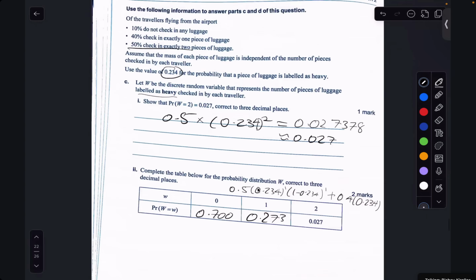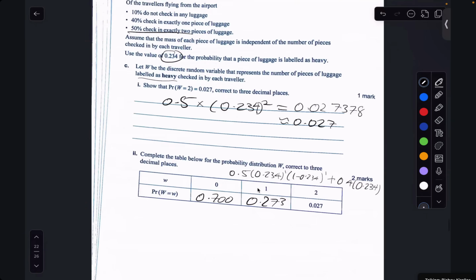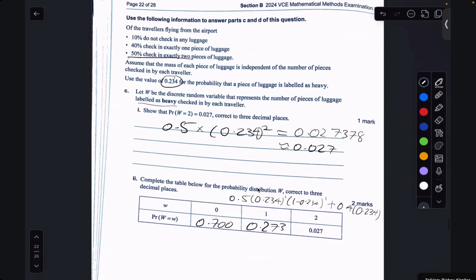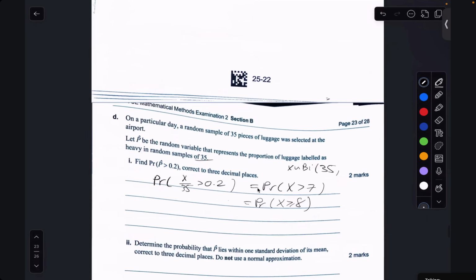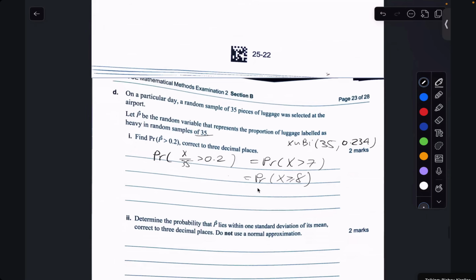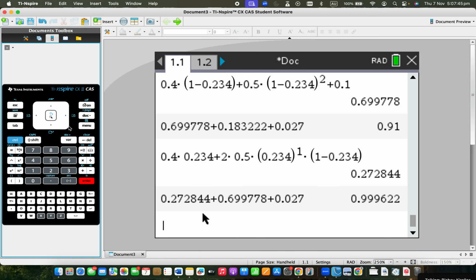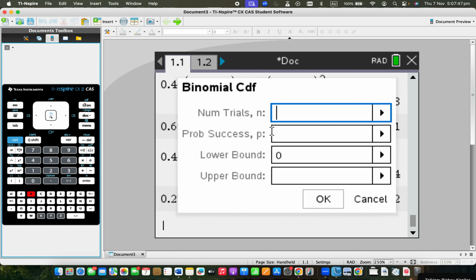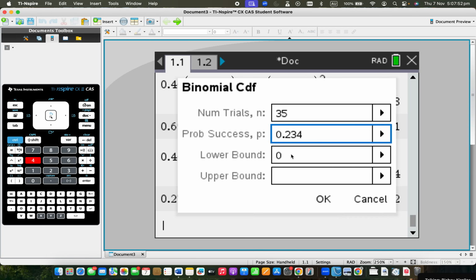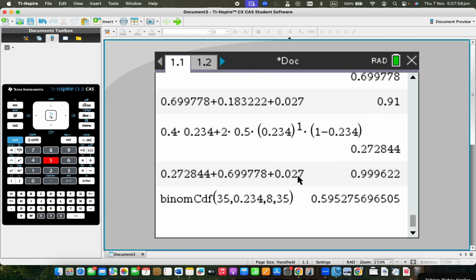Oh, so the heavy is 0.234. Right? Yeah. Okay, so here we can do menu 5 5 B, and we have 35 trials, probability of success 0.234, lower bound is 8 and upper bound is 35, and that works out to be 0.595